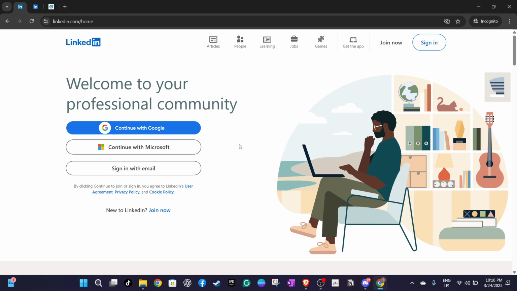This could be on your computer or mobile device. But for this walkthrough, we're focusing on the desktop experience. Once there, you'll be greeted by LinkedIn's familiar sign-in page. Here you have a few options to log in. You can choose to sign in with Google or Apple, or simply enter your email address and password, whichever works